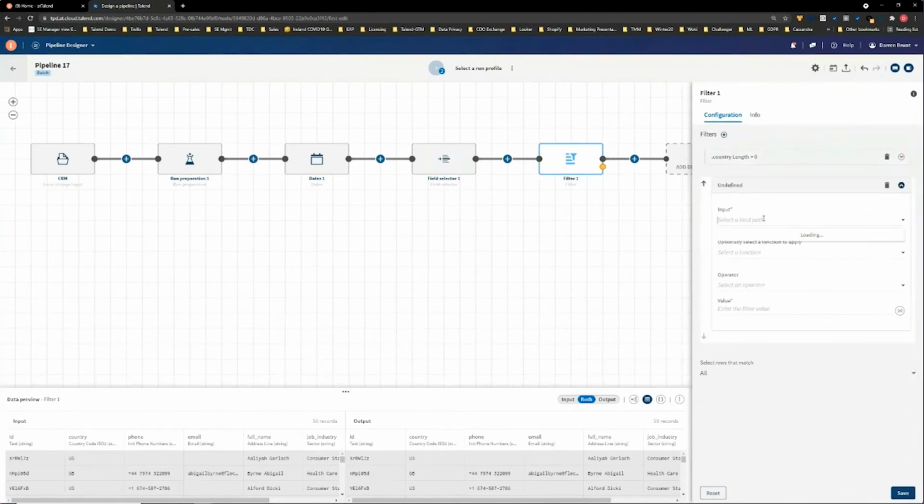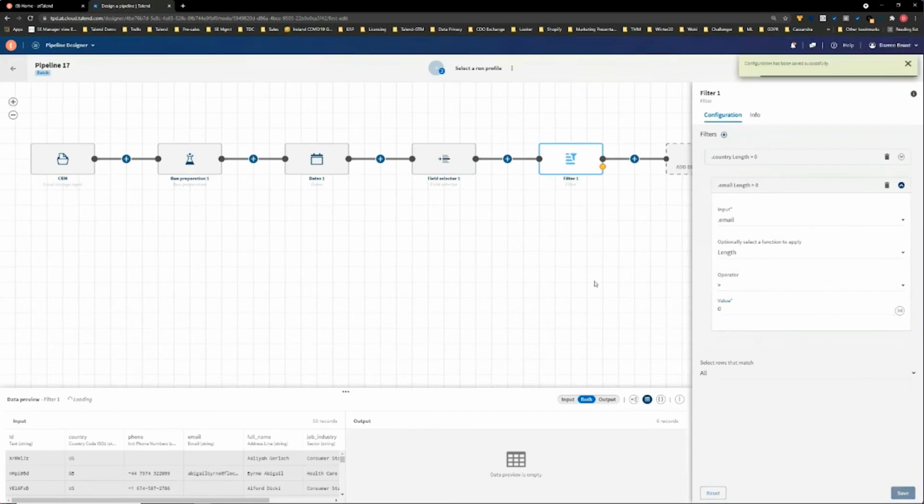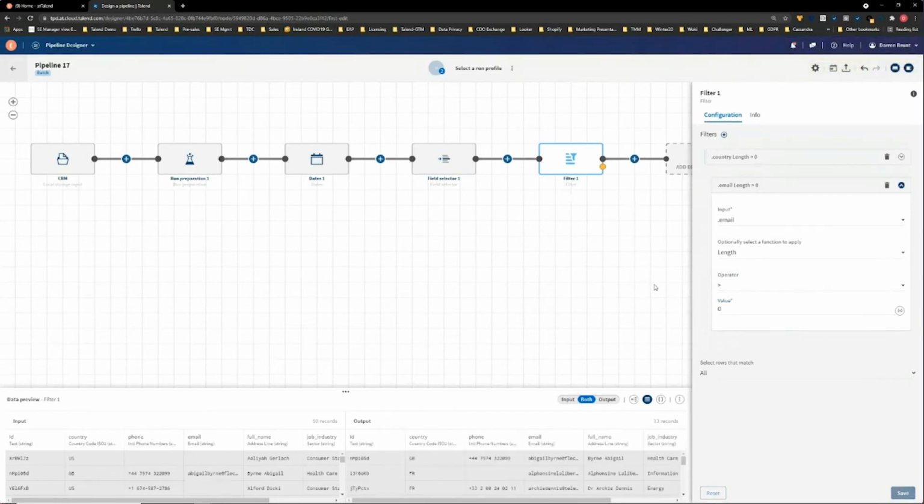If the email address is populated, for example. And again, all sorts of different functions here you can apply, including custom functions like matching functions, etc. So I'm just going to use some simple ones here where the email length is greater than 0, and so on and so forth. So I'm just making sure that this filtered output produces populated data